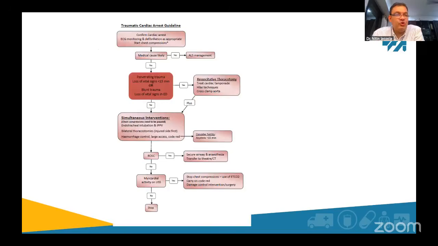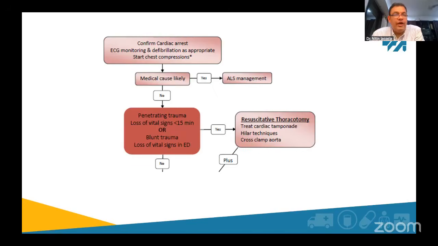So this is a protocol that I developed with the trauma unit at Southampton. So I'll just break it down. In a trauma patient, you're obviously going to confirm the cardiac arrest, right? There is no pulse, there is no circulation. If there's a pulse and a circulation, obviously this is not applicable. What we discussed so far is applicable. You've got a pulse and blood pressure, you work on correcting that, find out where the blood is getting lost and so on. But if there isn't, in fact, you confirm a cardiac arrest, first question is, is this a medical